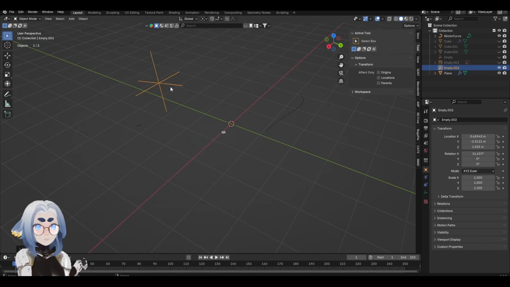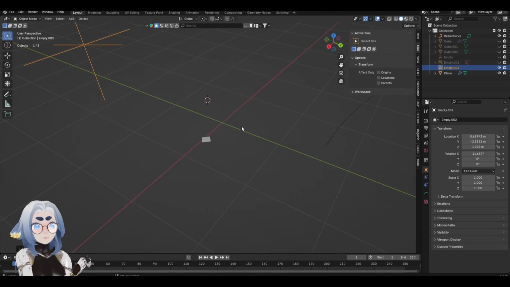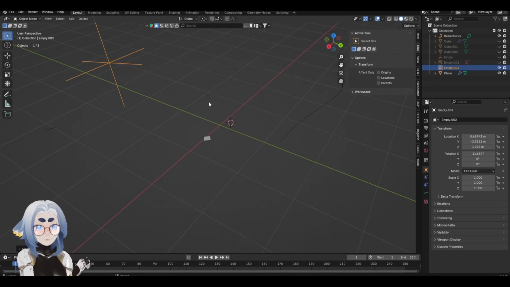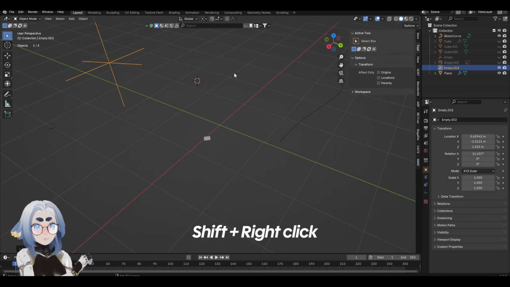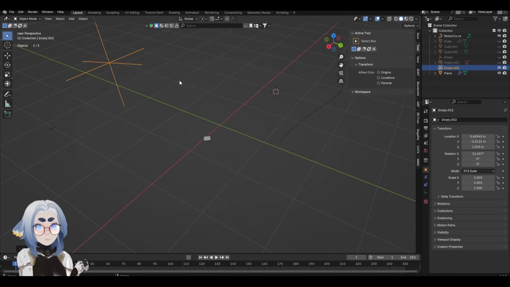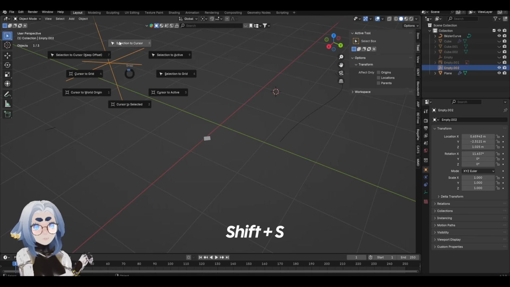Let's use the 3D cursor. The 3D cursor, which is this right here, is basically a movable work point in Blender that you can rotate objects around, scale objects around, and send objects to. So right now I'm moving it around with Shift and right click, but that's not nearly as precise as what we need. So I'm going to select my target object, and I'm going to hit Shift S,